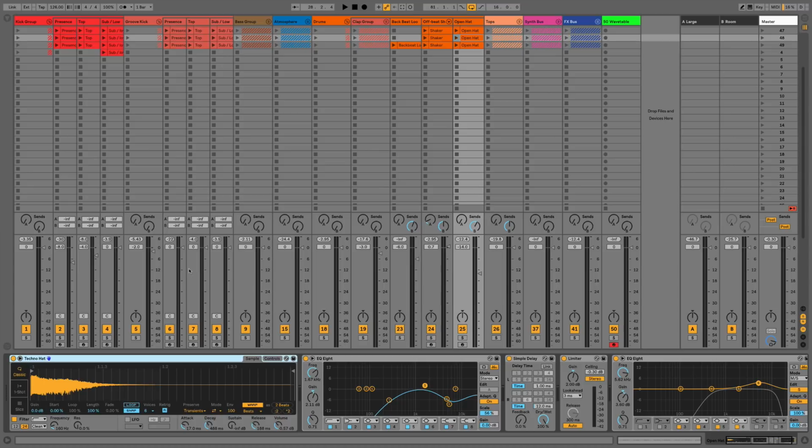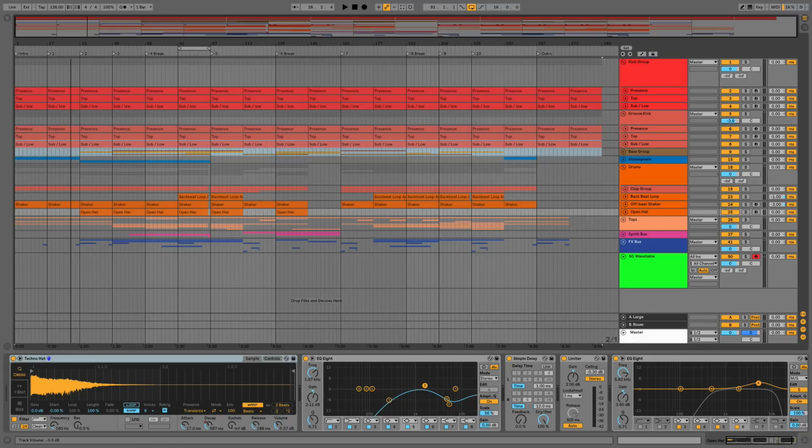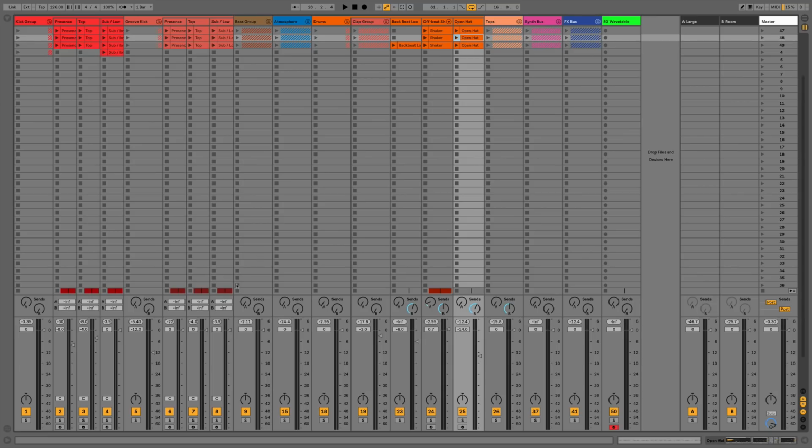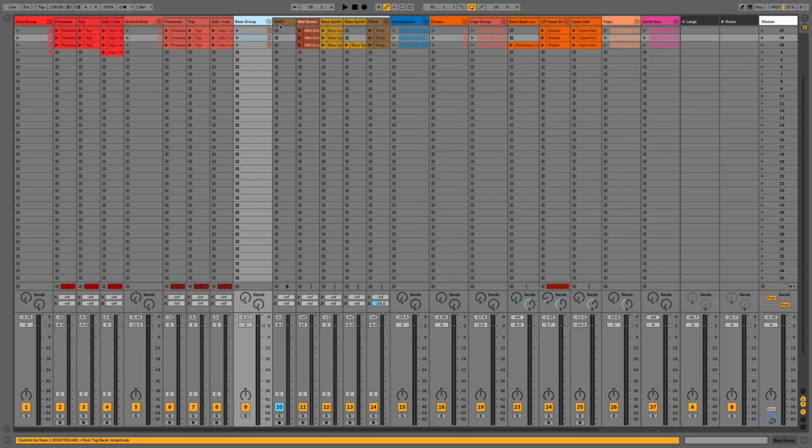If we go back to Live, say if we have this hidden for whatever reason, or we're working in a different view, we've still got the mixer here. This is actually a condensed version of the mixer, so we can still change the volume and the panning and things like that. But it would be nice if we could actually see what were in these clip slots at a glance. So a lot of people prefer to mix in Logic Pro because they can turn their devices on and off nice and easily.